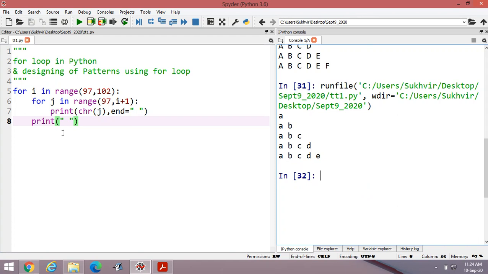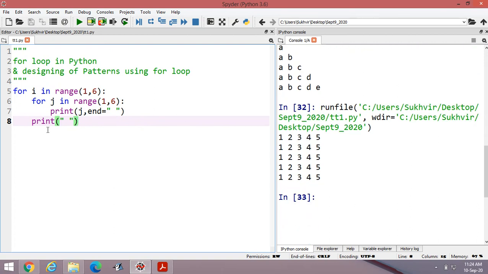Now again, one complex pattern. If I am writing here 1 to 6, and here 1 to i, or 1 to 6 again. Suppose I am writing like this and printing only j here. Now check the output.